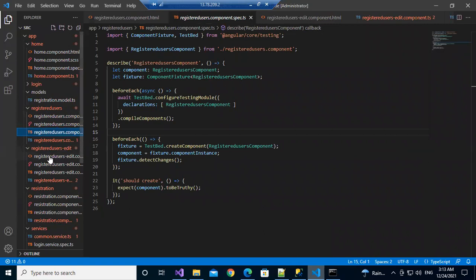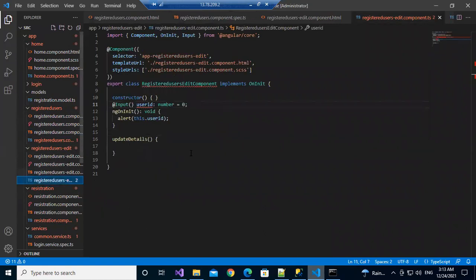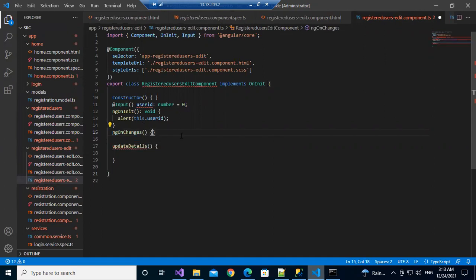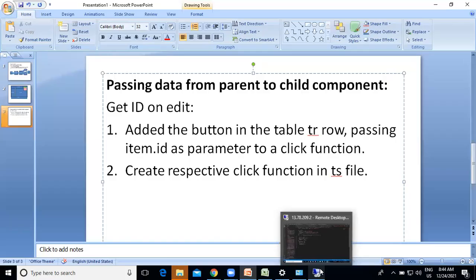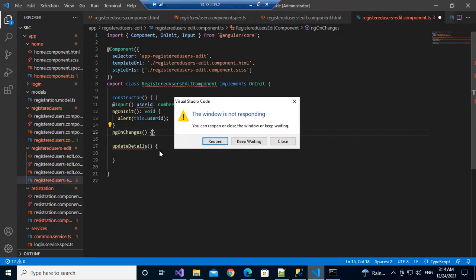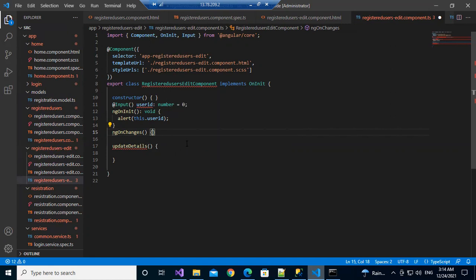Let me go to the child component. ng on changes. Give me a second. Keep waiting, Windows is not responding.